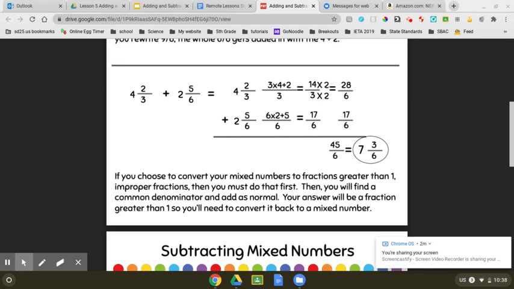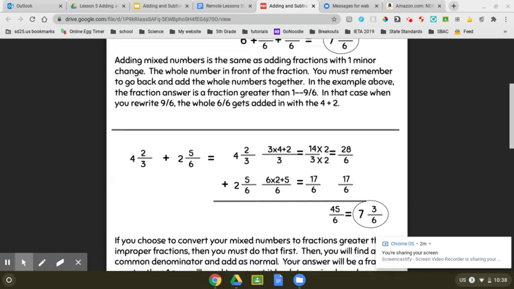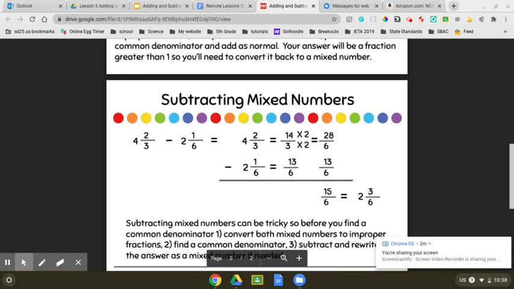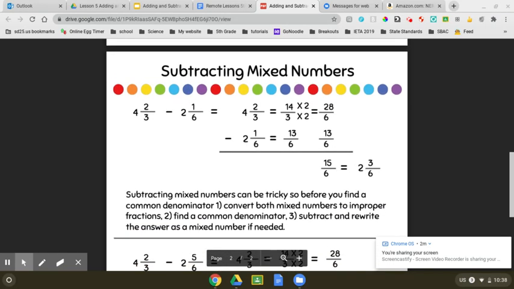And then I would rewrite that as a mixed number, so it's 7 and 3/6. 6 goes into 45 7 times with a remainder of 3. Here's my remainder right here from that division problem. So when you're adding fractions, either way works. Okay. Now, subtracting fractions,